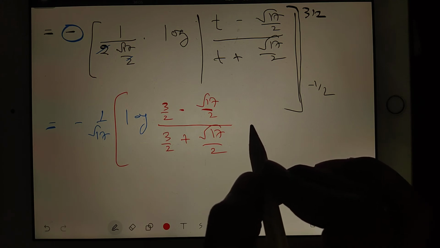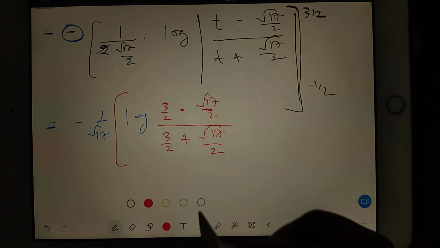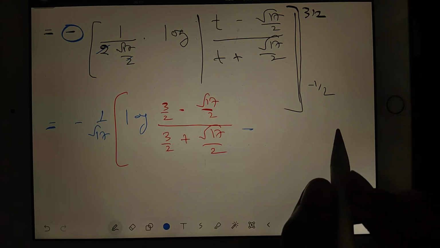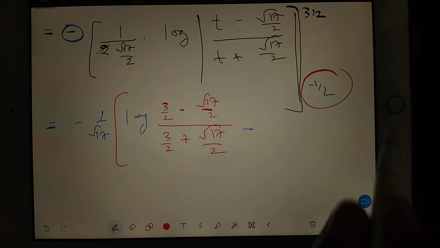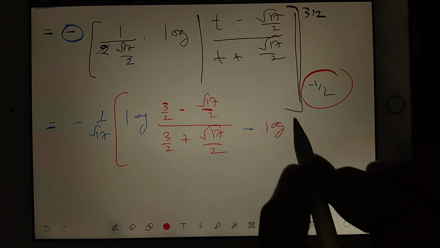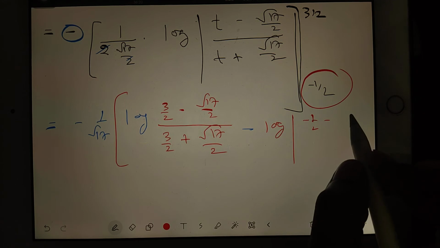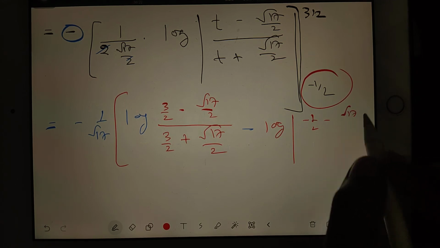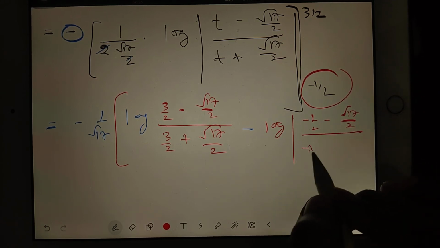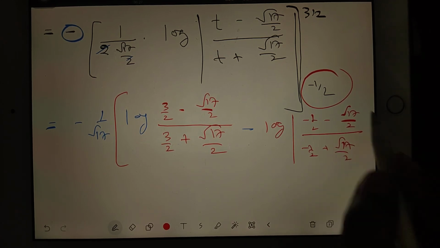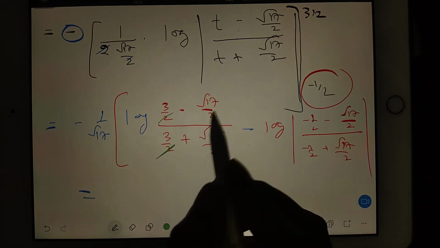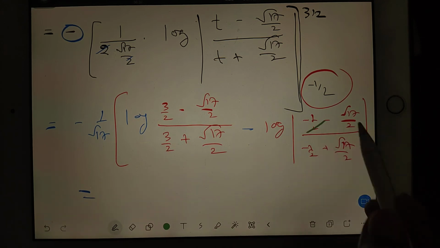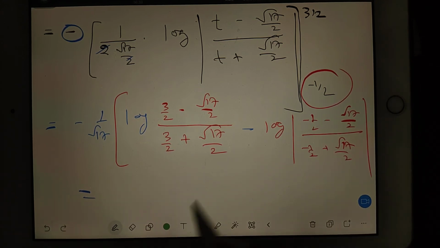Then after that we have to put another limit, using minus sign. So when we are putting another limit, minus 1 by 2 will be there, so carefully we have to put. So log of minus 1 by 2 minus root 17 by 2, and then divide by minus 1 by 2 plus root 17 by 2. Okay, this much we have got. Now we have to use one very special trick. You can see 2 we can cancel, and here also 2 we can cancel. So that 2 will not disturb anymore.